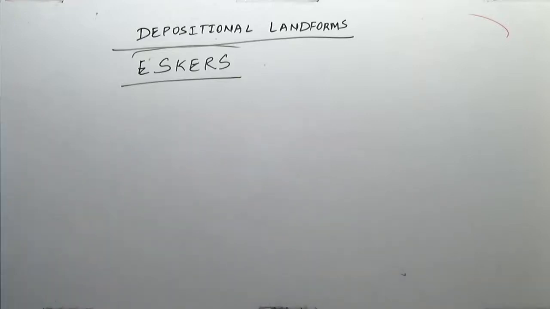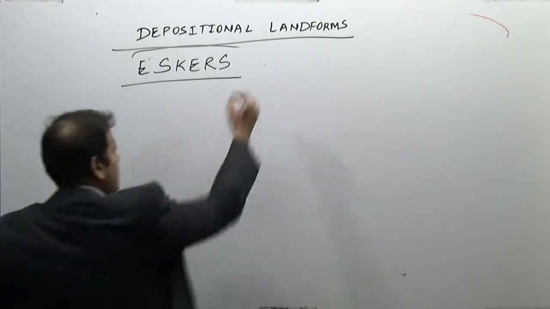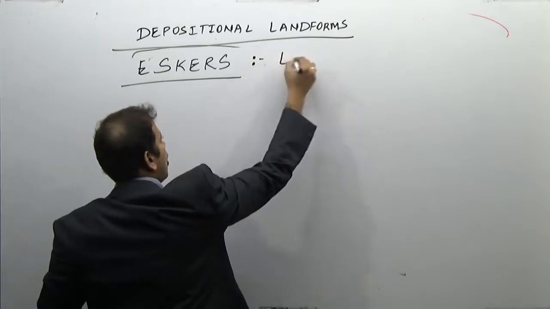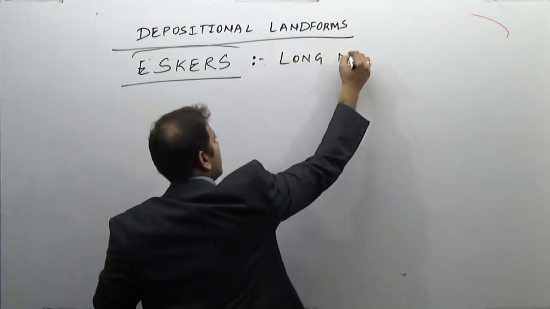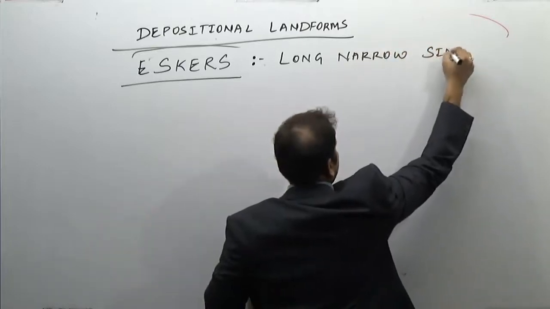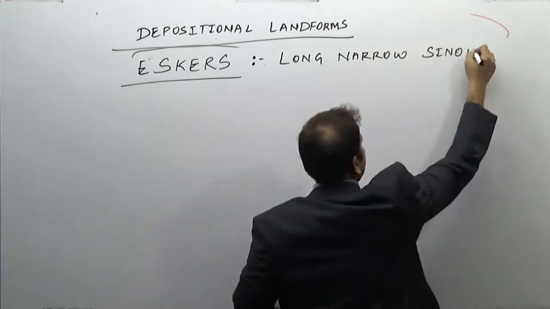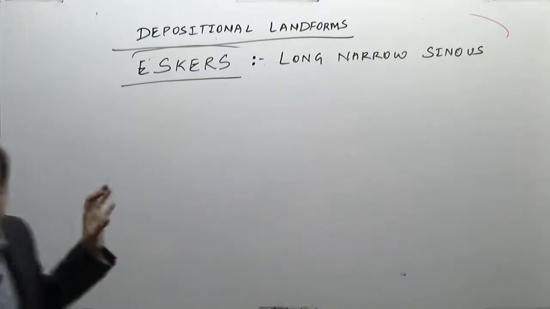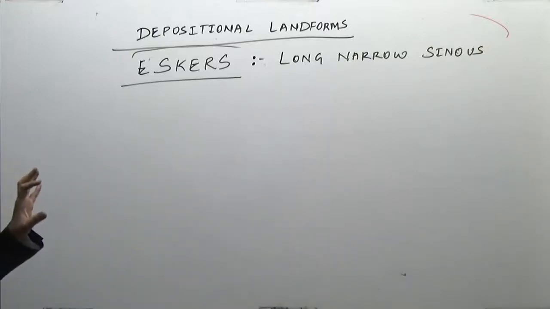So, how are these eskers? These are long, narrow, sinuous ridges